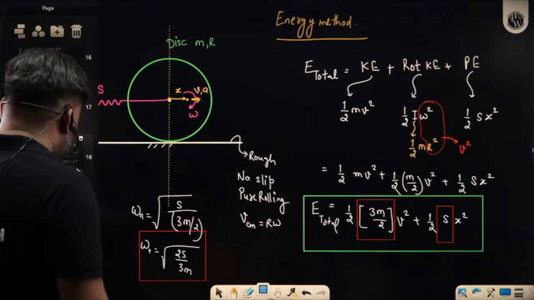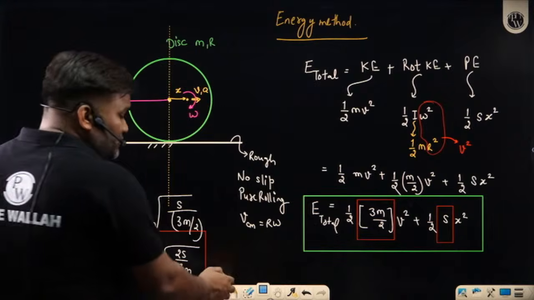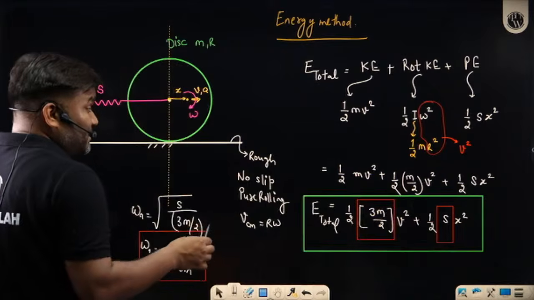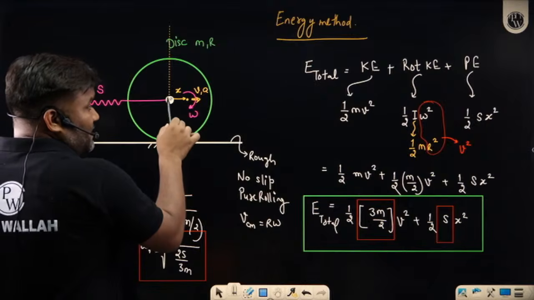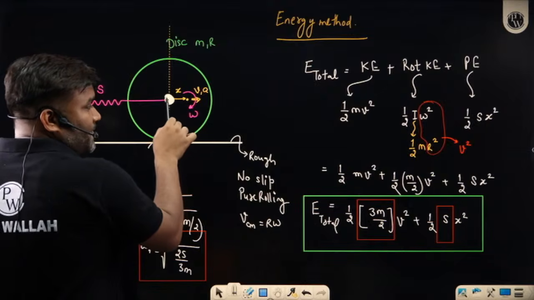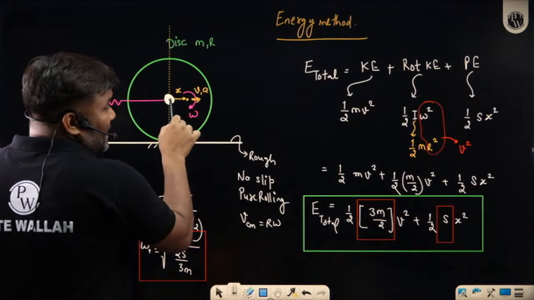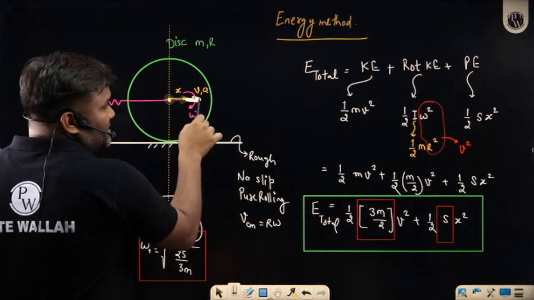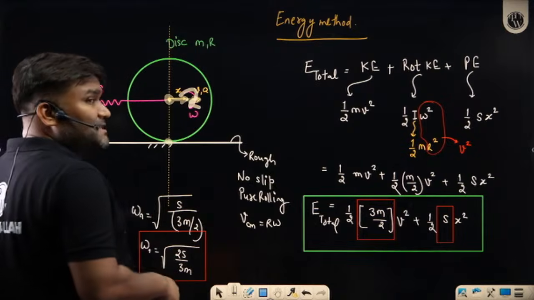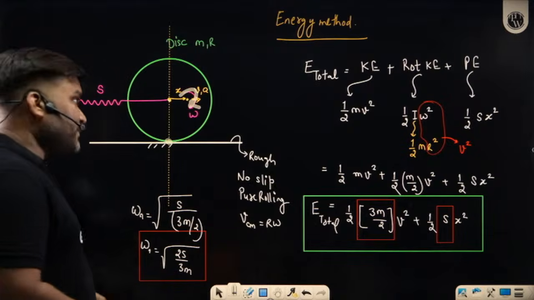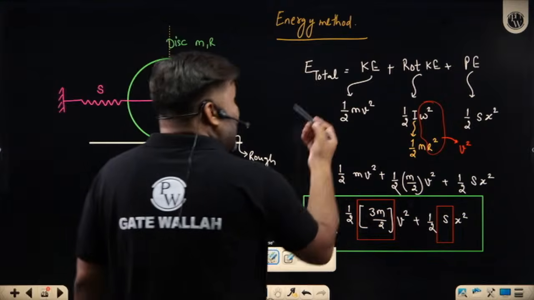A student asks: sir, whatever you have solved by the energy method, can I solve this very same question using the I center concept I have studied? You solved this question about this point, the center, which is translating with velocity v, and rotation is also there. But what if I am sitting at the I center? Can I apply the energy method from the I center also? Yes, we can apply the energy method from the I center. The answer will be exactly the same.